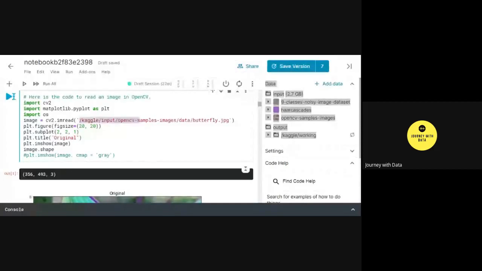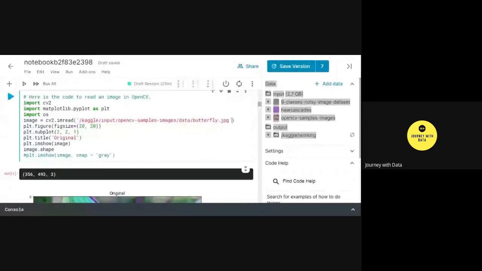Because my image is not in the default path but somewhere else, I'm reading the entire directory, which is this, and then the image name, which is butterfly.jpg. So this is how I'm reading an image.